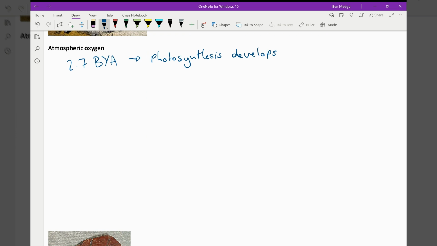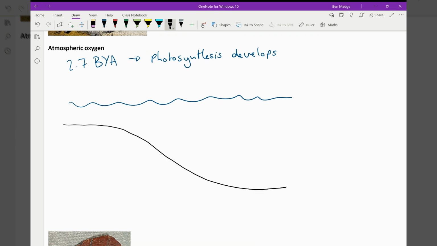Now, to start with, all that oxygen in the ocean, because remember, all life was in the ocean as well. So here's our shallow ocean and then our deep ocean. And we have our stromatolites in the shallow oceans producing oxygen, which is toxic to most life at this point